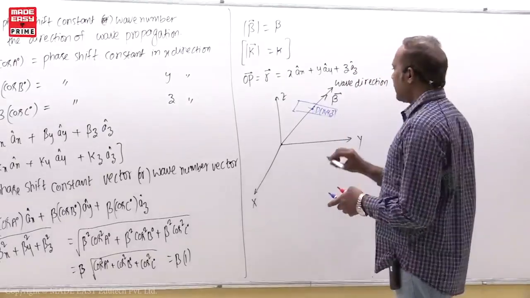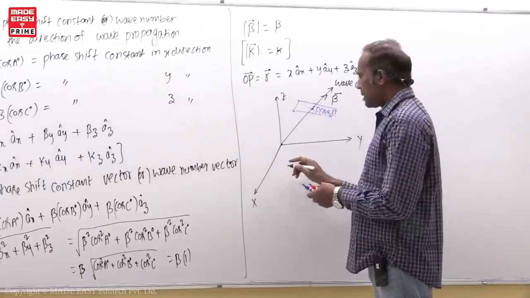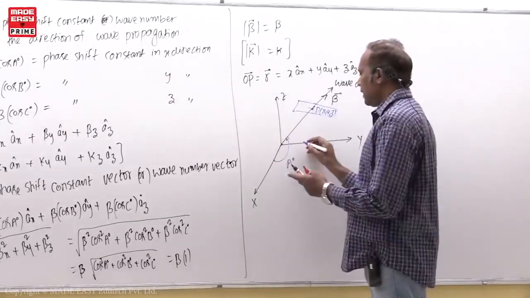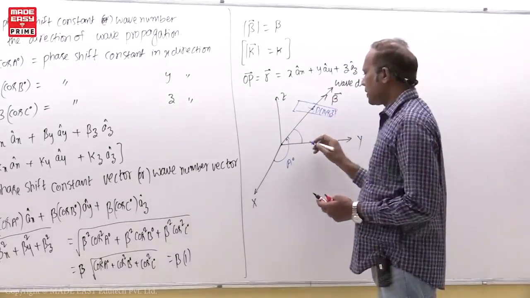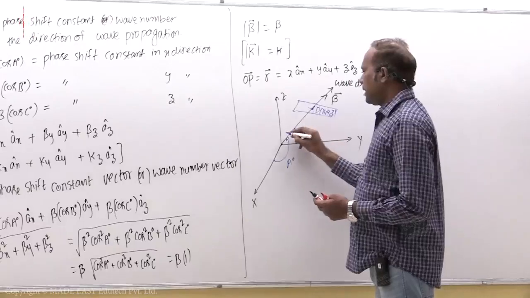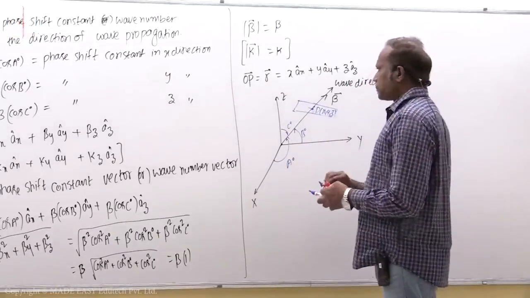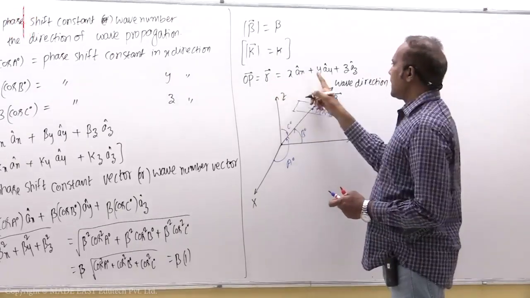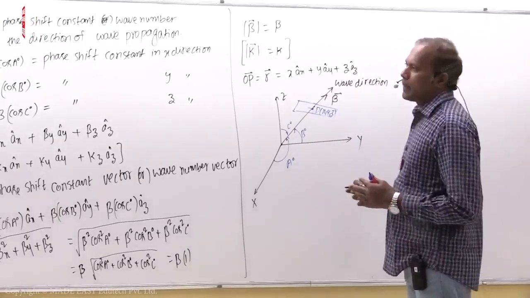Now if I write OP bar here, once again this makes a degrees, same diagram only, but I am talking of a surface which is perpendicular to the wave propagation direction. This is b degrees, this is c degrees. So here OP bar, or otherwise r bar, is x ax plus y ay plus z az. Now after discussing this much,